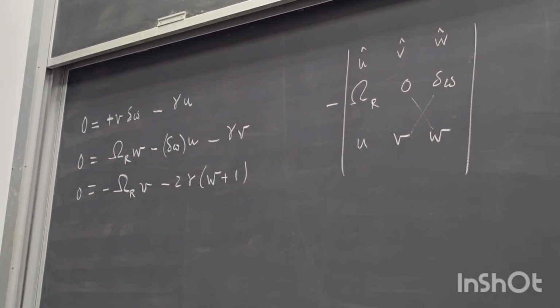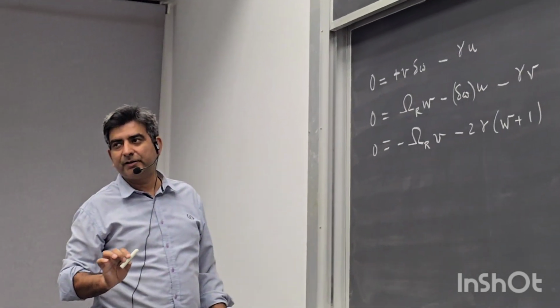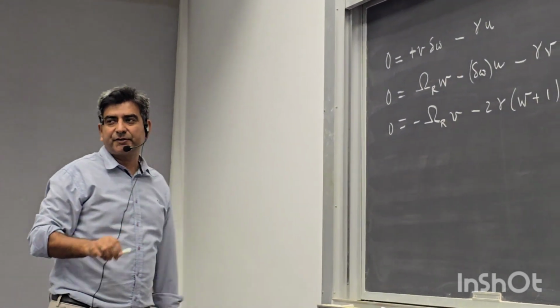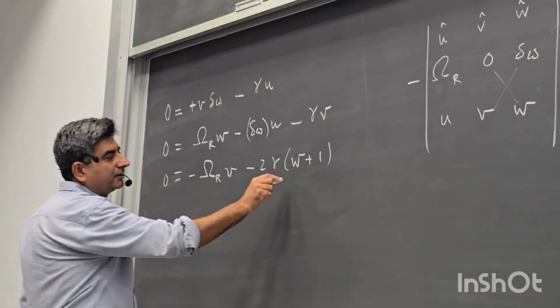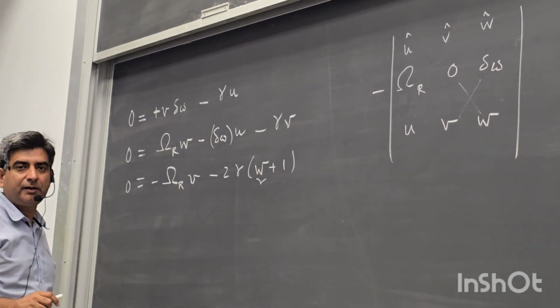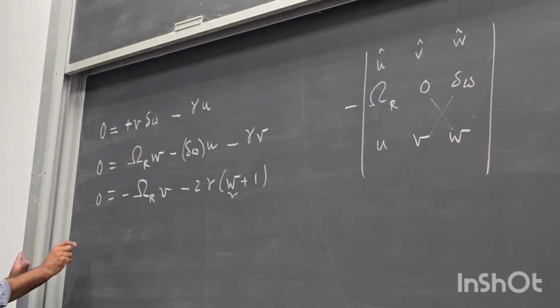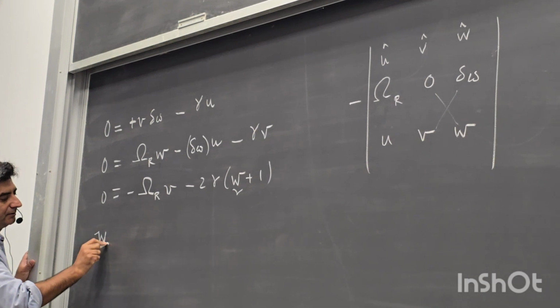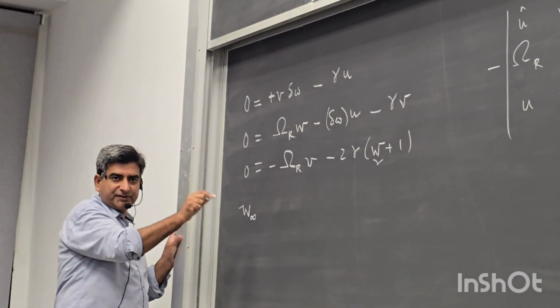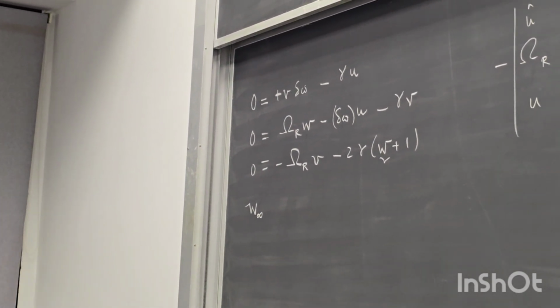So these are the steady state values of U, V and W. So we solve these 3 equations and find out W. If you do a little bit of algebra, W infinity, which is the steady state value of W, comes out as